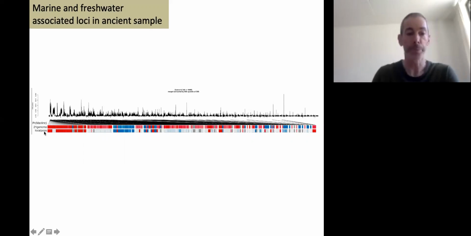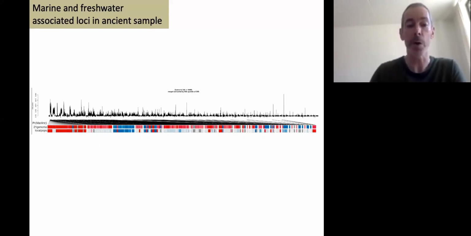But what I want to highlight today is the variation across the genome, and this is basically ancestry in the ancient sample from the Ossavanet, conditioned on the allele frequencies, in the top row, in the Jones et al. data set of 21 genomes from across the globe, and the second row conditioned on the local population. So whether it's alleles that are highly differentiated in the modern population.